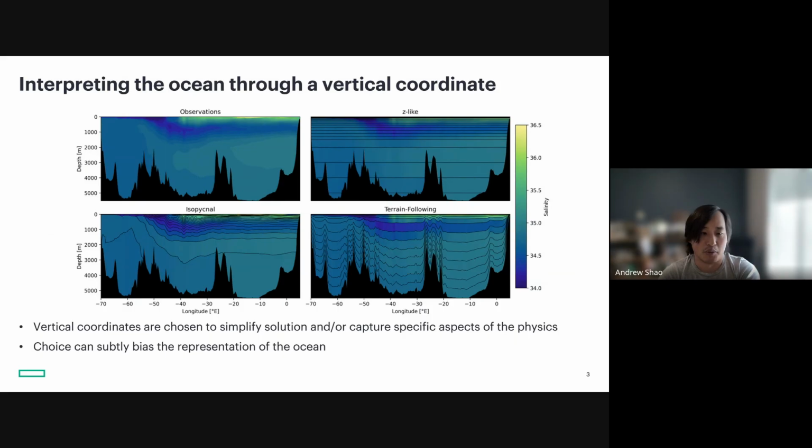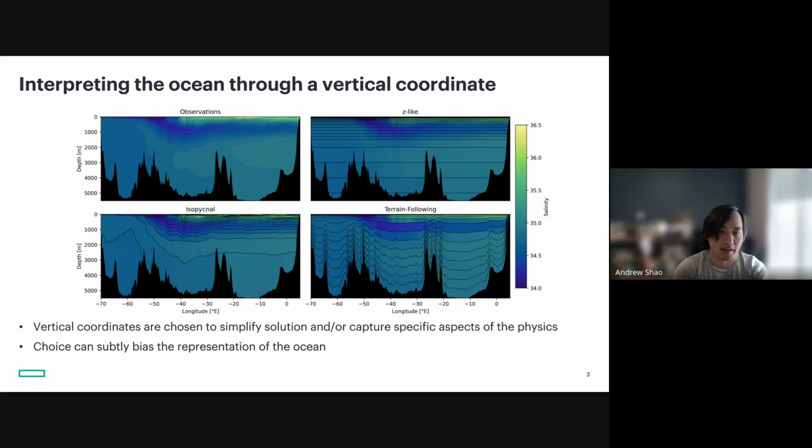But unlike the Z-like coordinate, there is no specific depth that the isopycnal exists at that's universal across the entire model, or this transect here. You have different thicknesses associated with different isopycnals. They're not distributed uniformly in the vertical. And so there's a lot more structure in terms of what the layers actually look like as opposed to the Z-like one. And again, everything that's on an isopycnal layer, bounded by those black lines, also tends to smooth